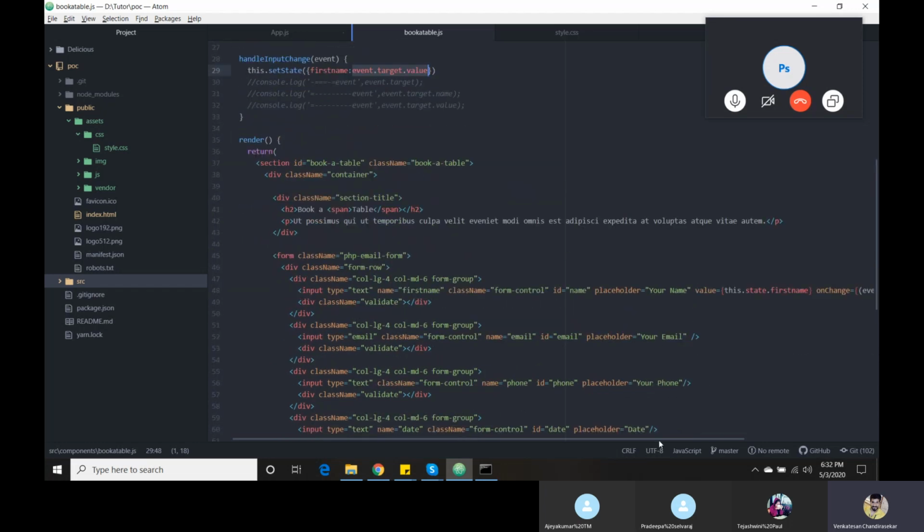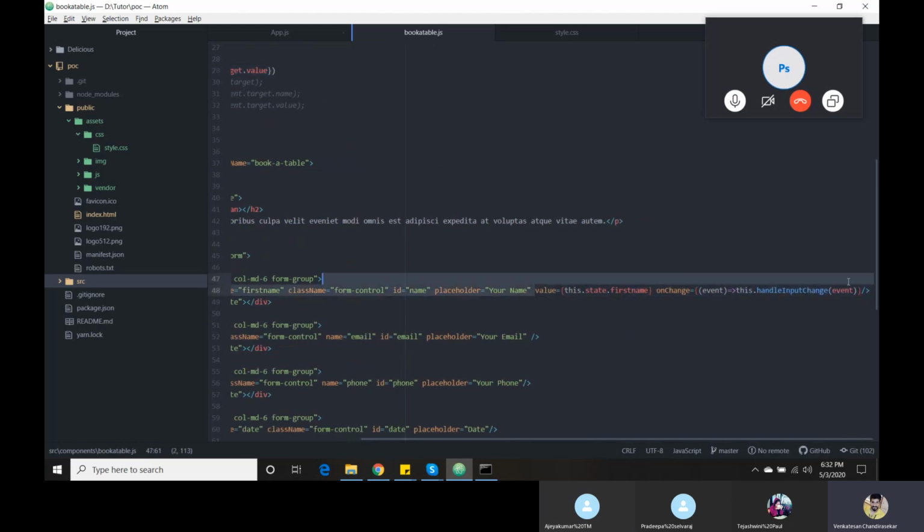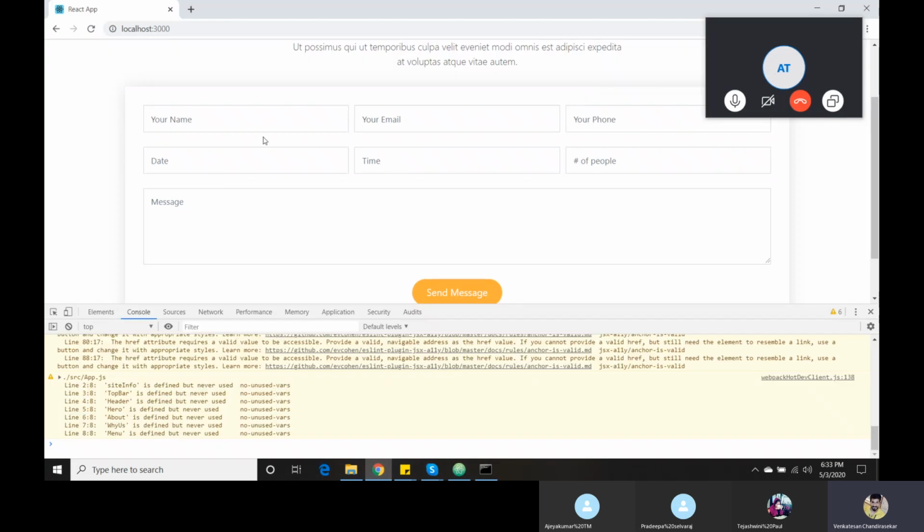So we need to use the same functionality here. Instead of first name, email, but here we don't need it. Now event.target.name shows which parameter you are changing, which type you are changing.